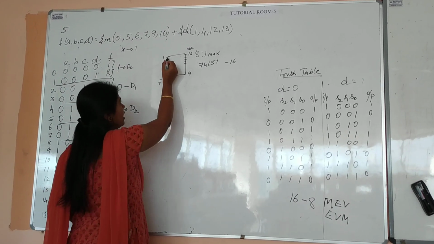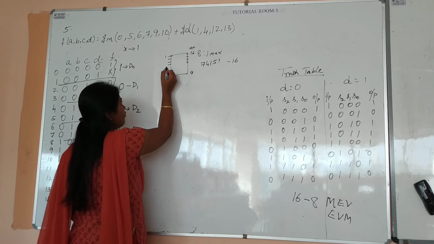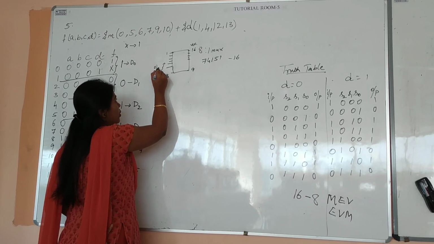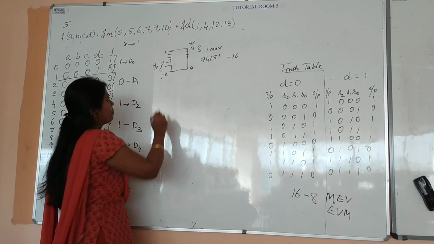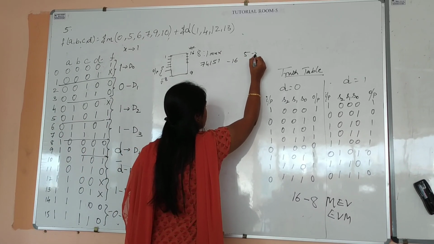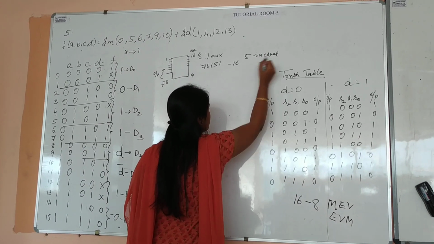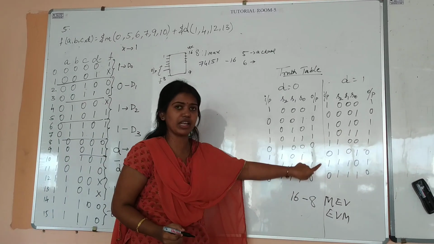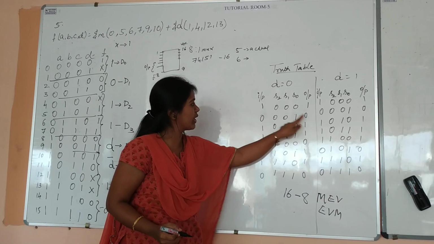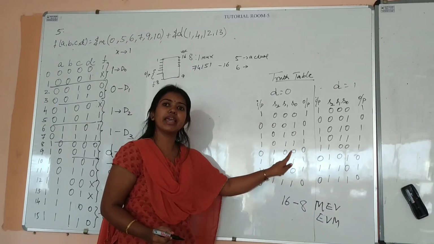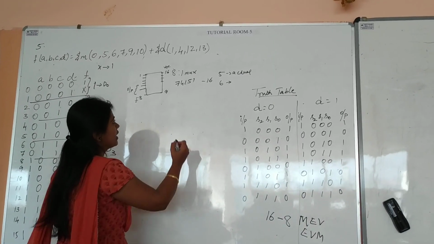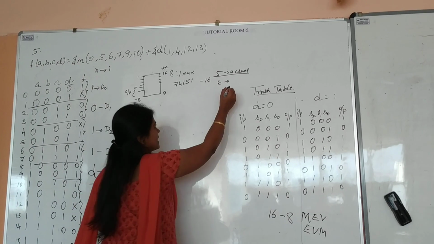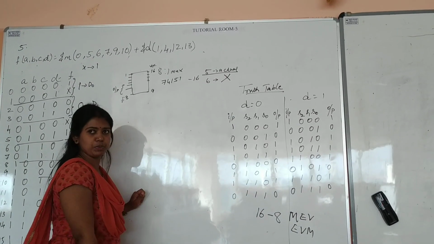Next, after these 4 pins, we have the 5th and 6th pin. If you observe, these 2 are the output pins in the pinout diagram. Pin number 5 will give you the actual output. Pin number 6 will give you the negated output. Now if you observe this truth table, do we have the negated output or actual output? We have the actual output. So you need to connect output to pin number 5. Pin number 6 is not connected in our experiment.